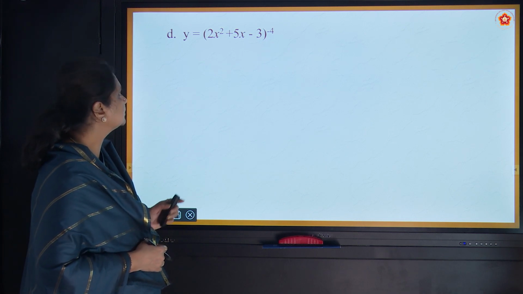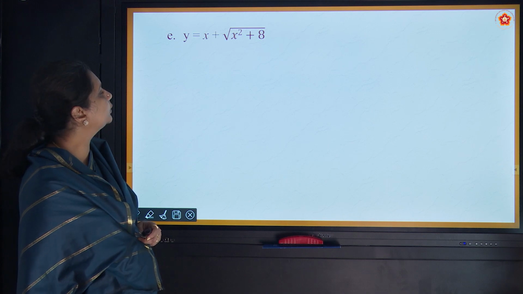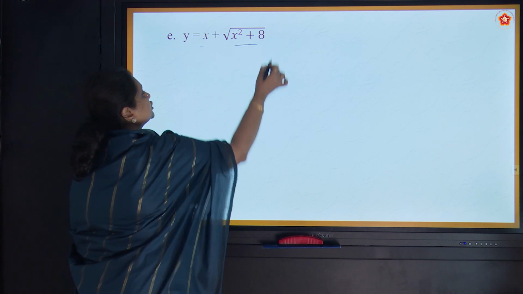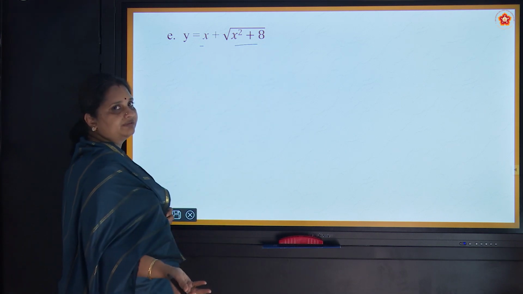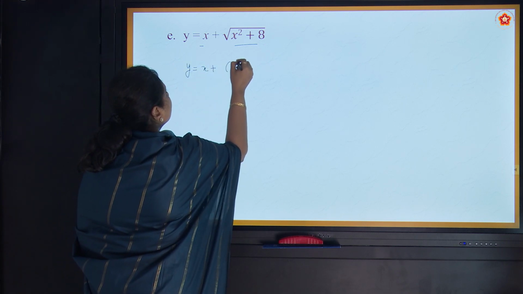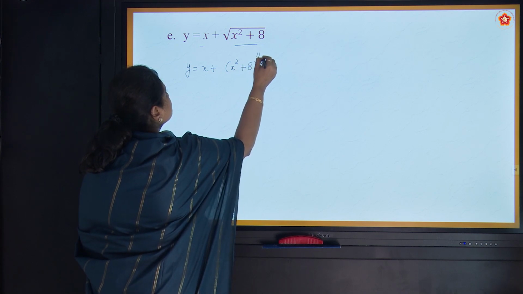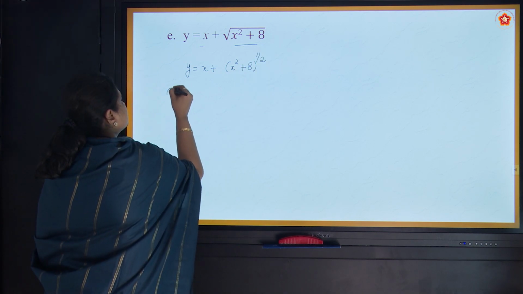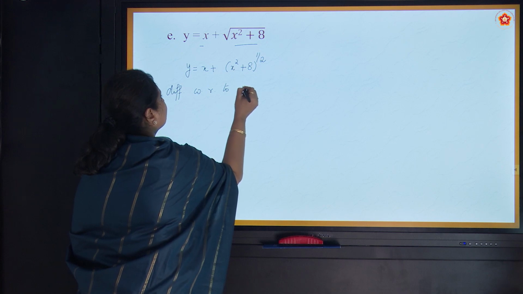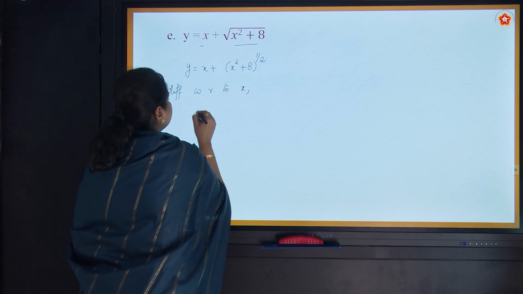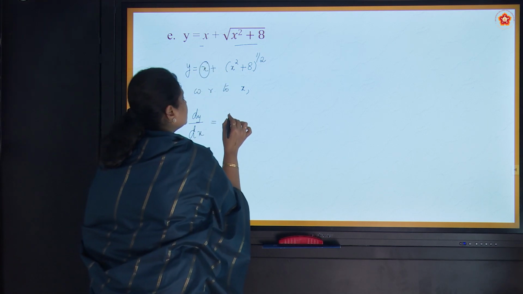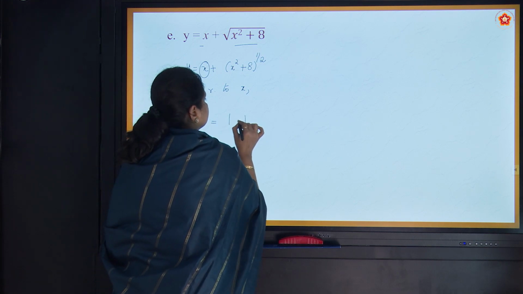Let's move ahead with the next question. So y is equal to x plus root of x squared plus 8. This is of the form sum of two functions. So you know that every function has to be differentiated. That's it. So let's rewrite this because I'm having a root there. So let me first express it in the exponential form. Now let's start differentiating it. Differentiating with respect to x. So we get dy by dx is equal to x on differentiation gives you 1 plus, here